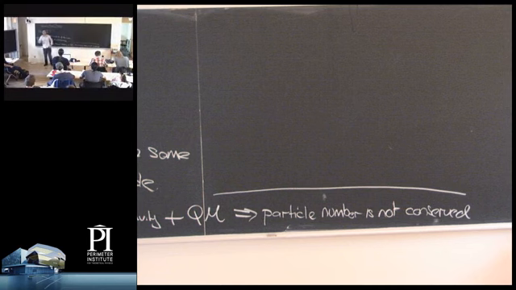Google a picture from the RHIC particle accelerator in Brookhaven, or better still, the STAR detector in RHIC. What you'll see is this incredible explosion of particles flying out. There's about 10,000 particles that fly out of a typical collision at the RHIC accelerator. These are created by firing together two gold nuclei, each of which has of order 200 nucleons sitting inside it. So it's a dramatic example of how particle number is certainly not conserved when quantum mechanics and special relativity, in this case high energies,